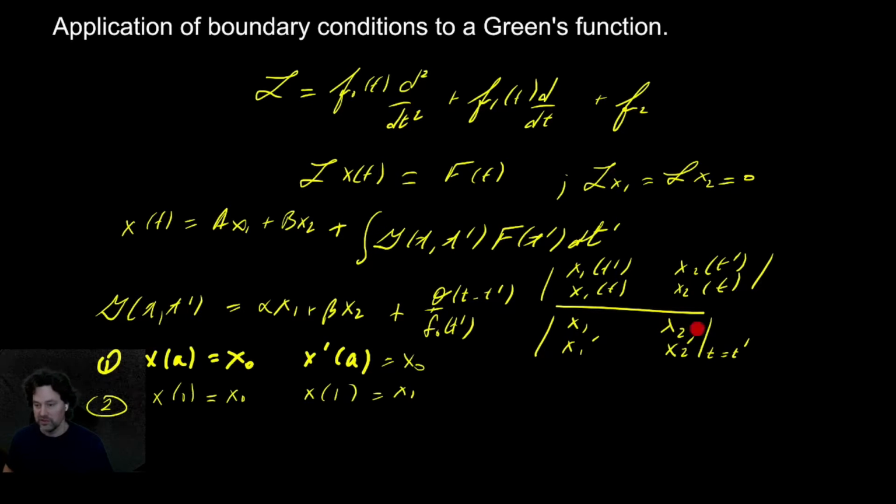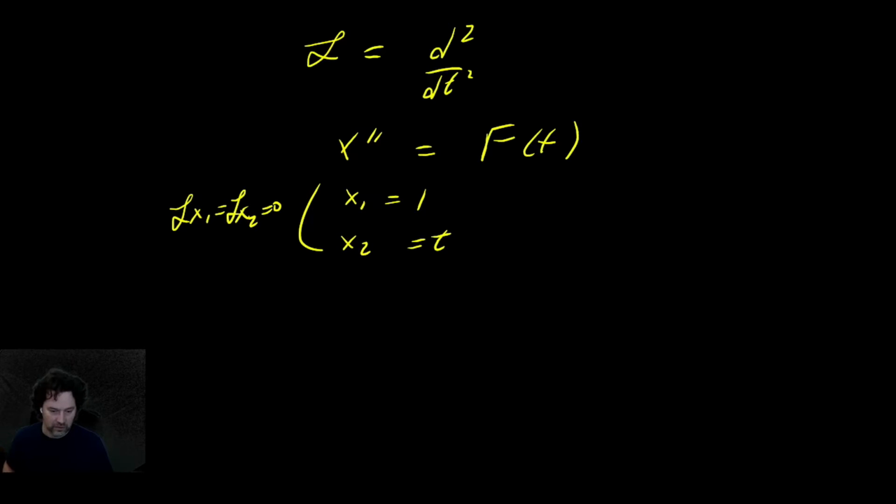So the denominator will be 1, and in the numerator we have 1, 1, t prime, t. Let's write that out. So our Green's function